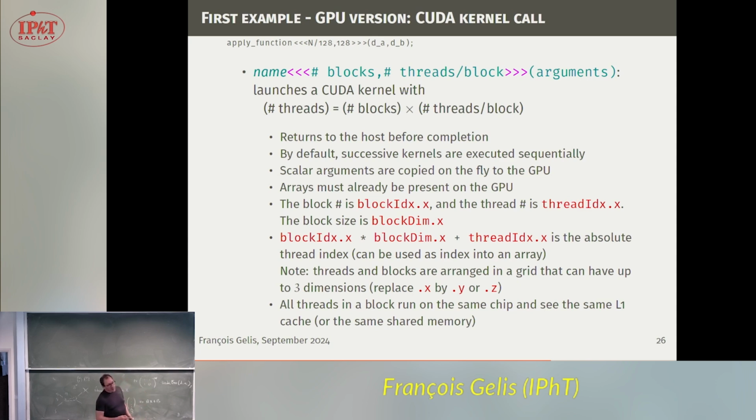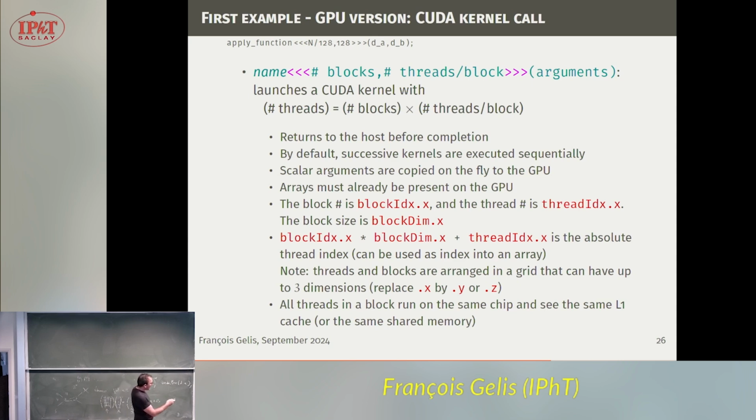So to avoid this kind of silly mistake, my suggestion is to have a block size which is always a multiple of 32, and a number of threads which is always a multiple of the block size. And then all divisions are just exact integer divisions,